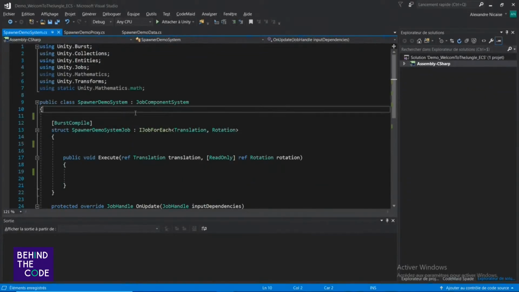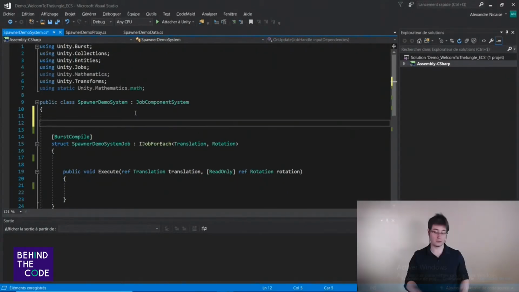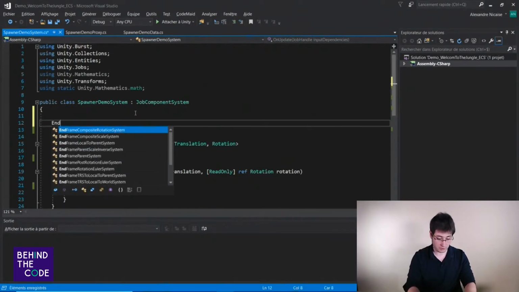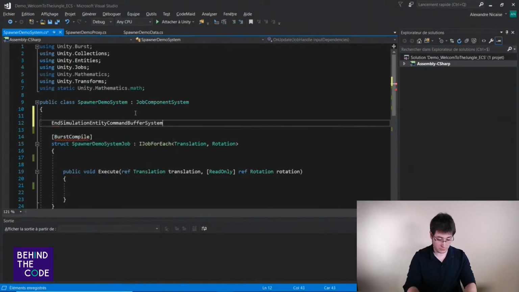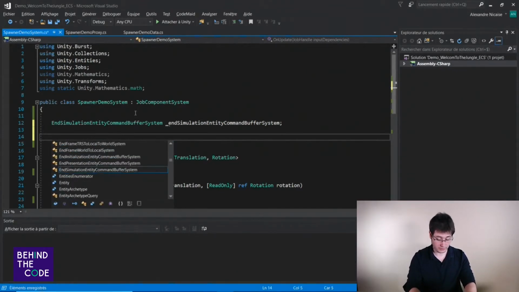So we don't have access in the job to the entity manager, so we can't create an entity directly. So for that we need to create a buffer. For that we need to create that, and simulation buffer.